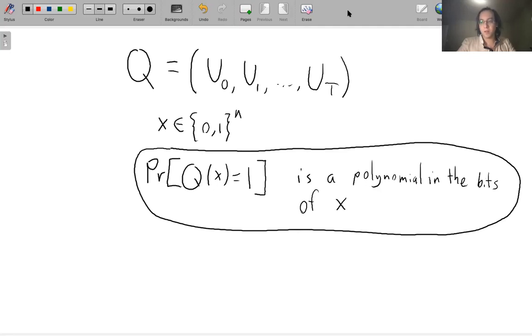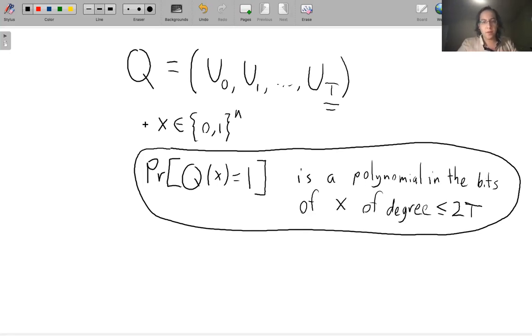In particular, if your quantum algorithm uses few queries, if T over here is small, then the degree of the polynomial is small. It's a polynomial in the bits of X of degree at most 2T. So if T is small, then the degree of the polynomial is small. We will go through why that is, but maybe we should start by noting that it's kind of weird